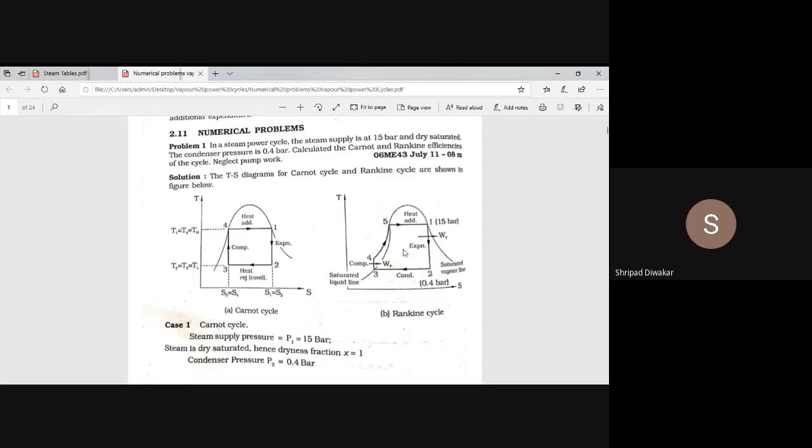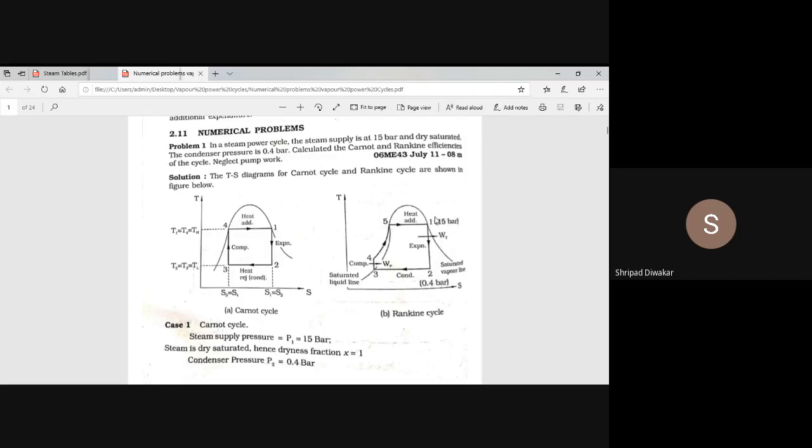And WT means what? Here, as I said, in case of Rankine cycle, the work done you always have to express in terms of enthalpy drop. That is here H1 minus H2. H1 is the highest value and H2 is the lowest value. So turbine work is given by H1 minus H2. Then how to find out the values of H1 and H2? H1 you can easily find out.